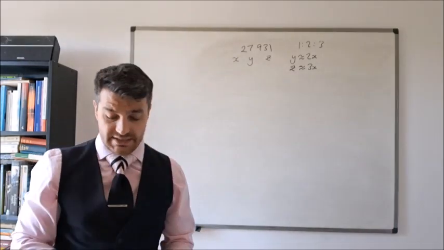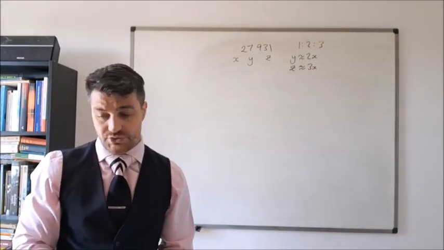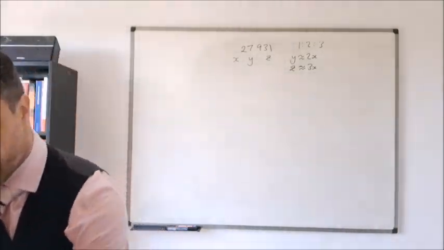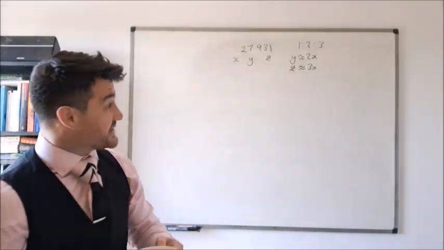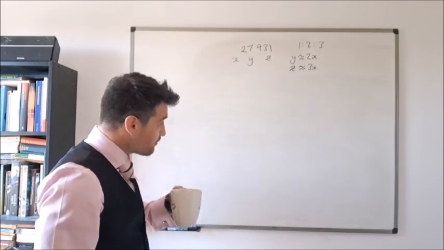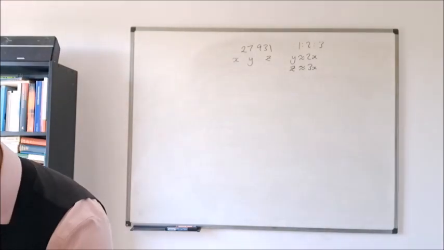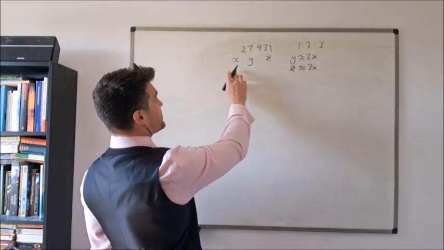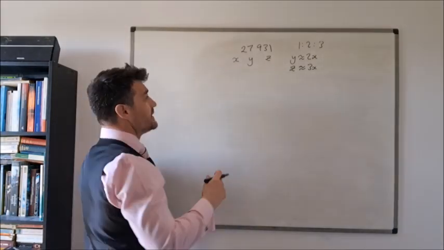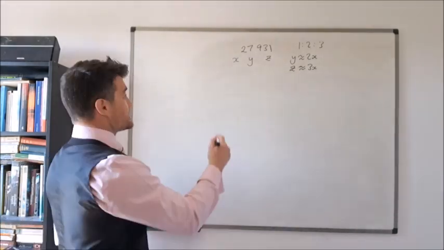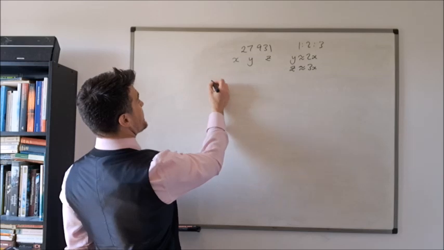And I'm going to use a similar technique to what I used for the previous part, but there's going to be a little bit more work for me to do with this particular problem. So rather than multiplying x, y, z, I'm going to think, what do I get when I multiply x by 2x and 3x? I'll get 6x cubed,